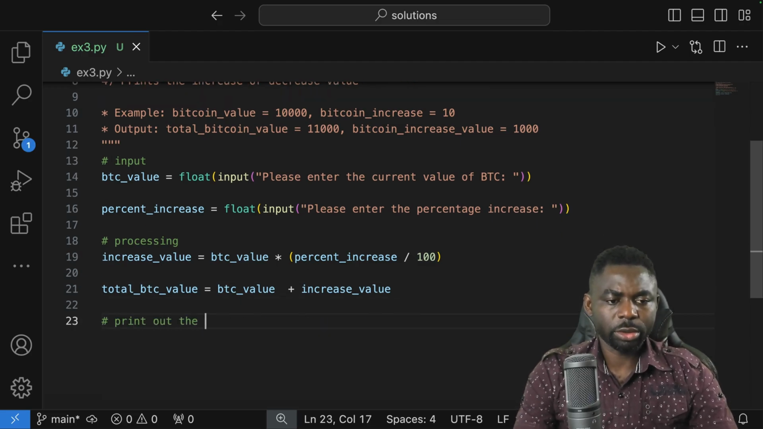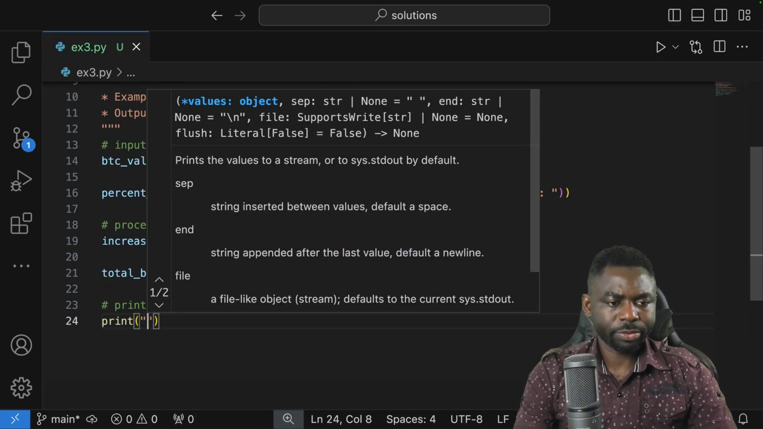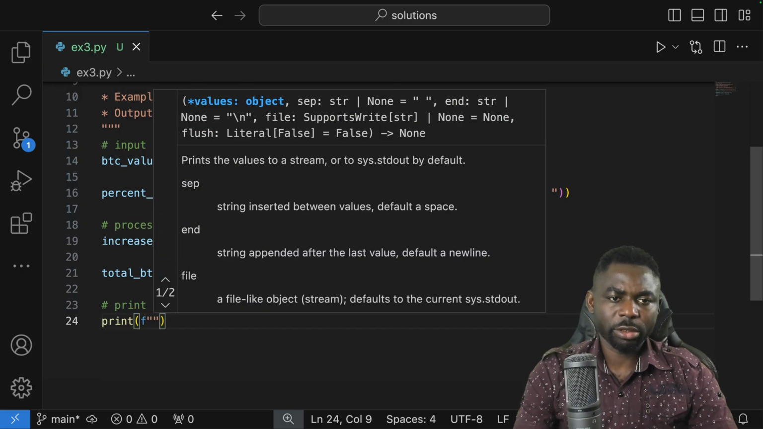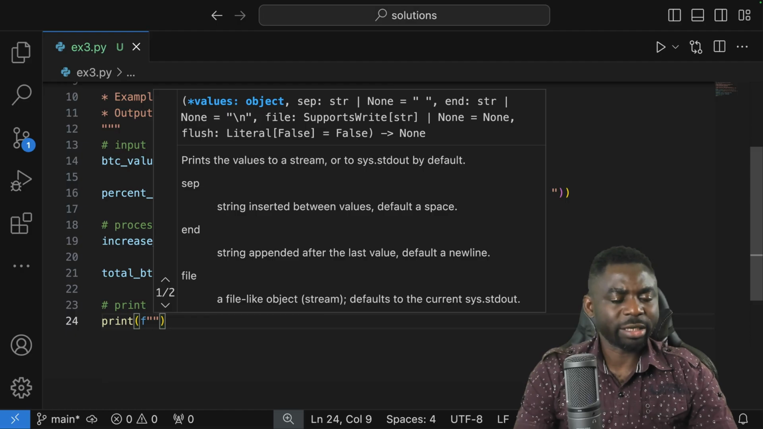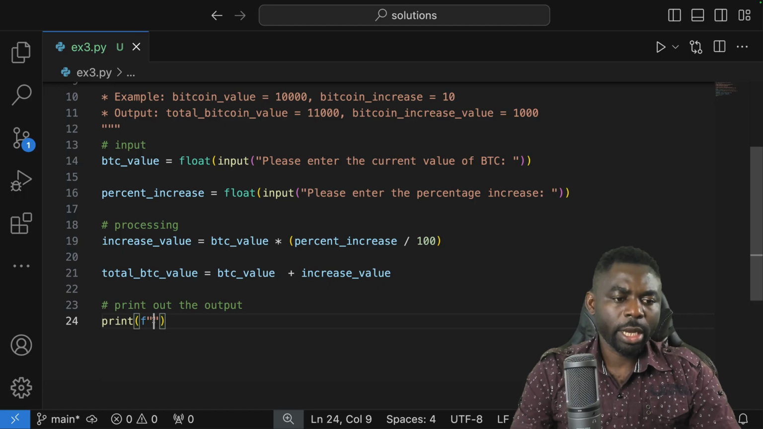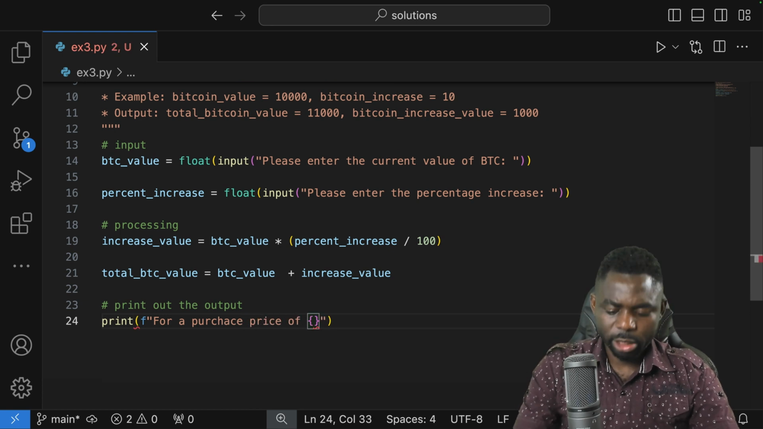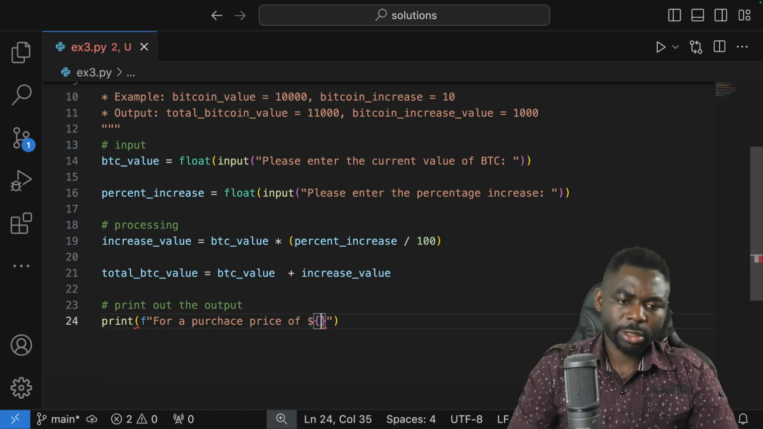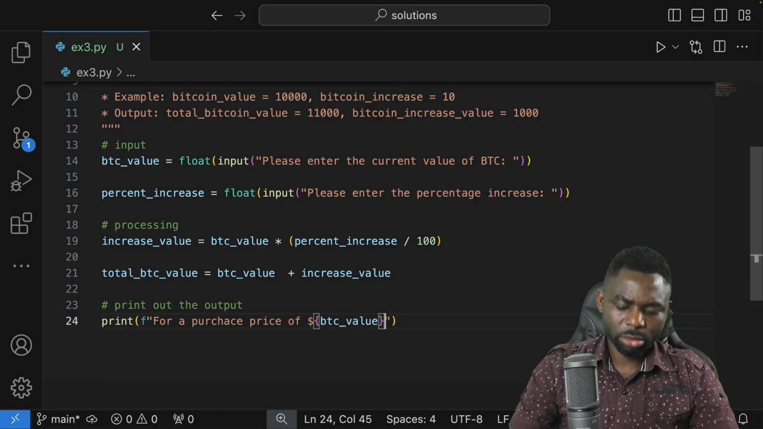Print out the output. So we say print. I'll always use the f-string method. The f-string method makes it very easy for you to refer to other variables within your program. So that's my preferred way of printing stuff. And we'll say for a purchase price of, let's assume that this is in US dollars, so we say BTC price, BTC value